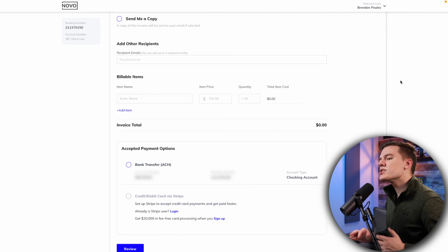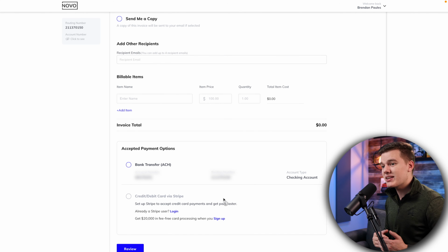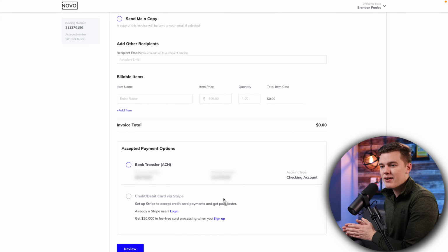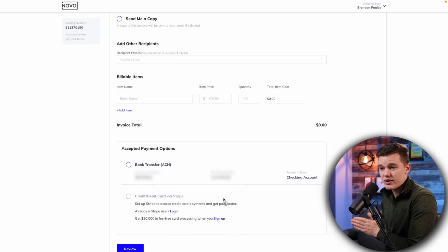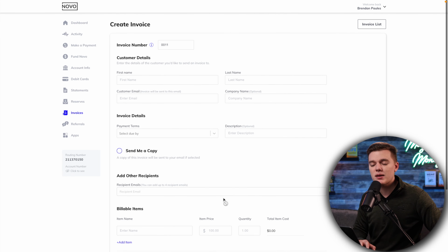thing, but it does also provide them with the account and routing number, so you can just download this as a PDF and email it to them that way, and then they can pay you through their own third-party platform using that account and routing number. But overall, this is pretty intuitive and easy to use, so if you scroll back up to the top here,